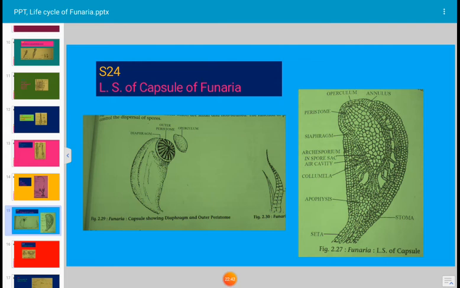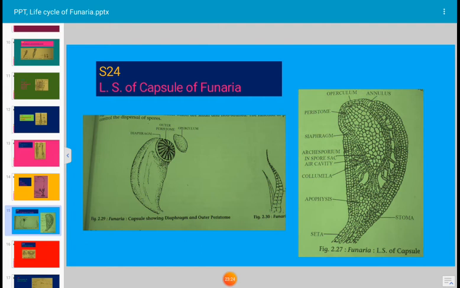Let us see all the details of the internal structure of the capsule. Number 1, apophysis. Apophysis consists of epidermis and spongy tissue. The epidermis is interrupted by small openings which are called stomata. Each stoma is guarded by 2 guard cells. Often in more mature stoma, the septa between the 2 guard cells dissolve, thus forming a single circular ring around the stomatal opening. At the center, there are often present elongated colorless cells forming a conducting region.